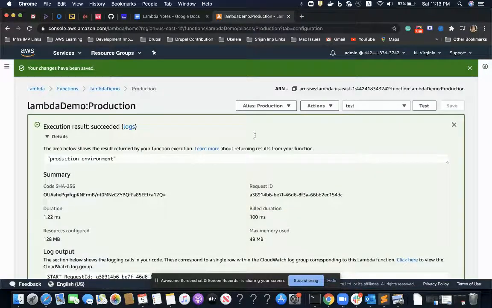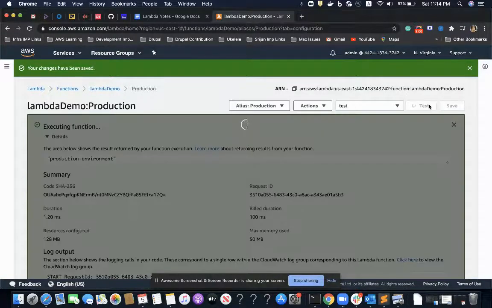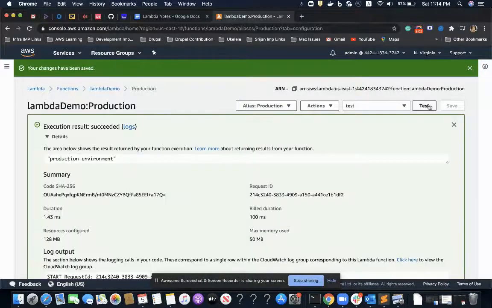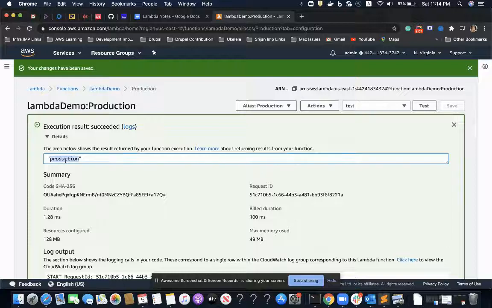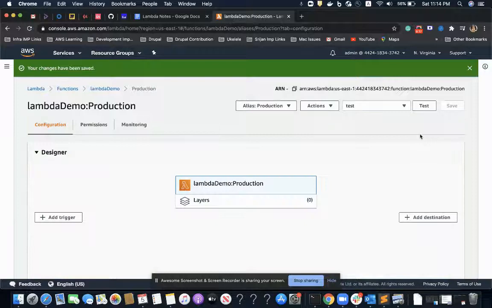Right now it is showing us production, development, production, development, and it is showing production now. So my 50% is being redirected to version 6, and the rest 50% is being redirected to the latest version. That's how we can do A/B testing and check whether our changes are working fine or not. So that's how a weighted alias works.